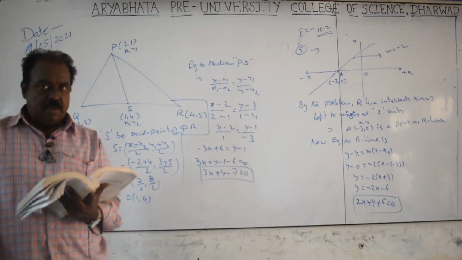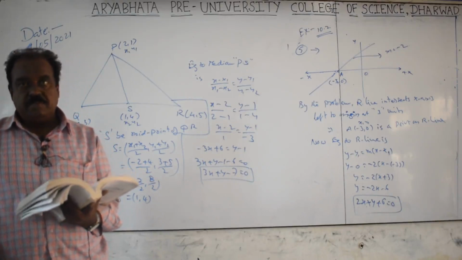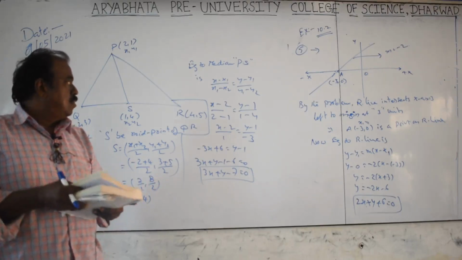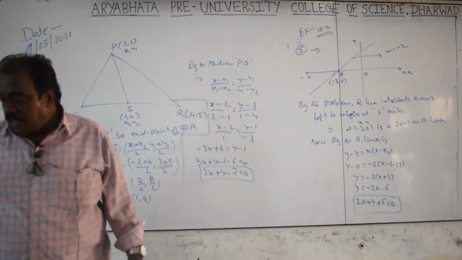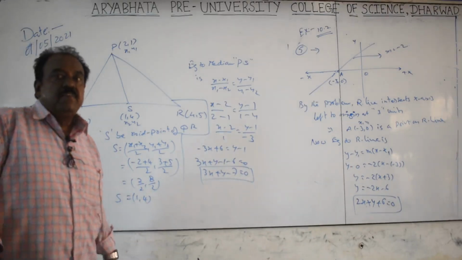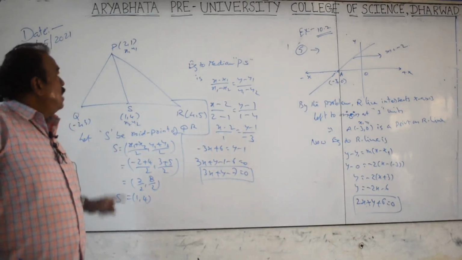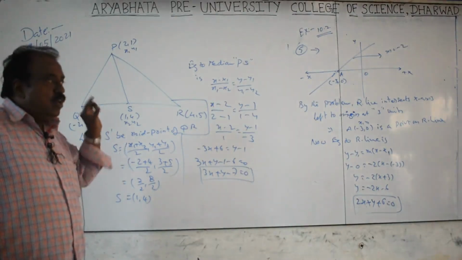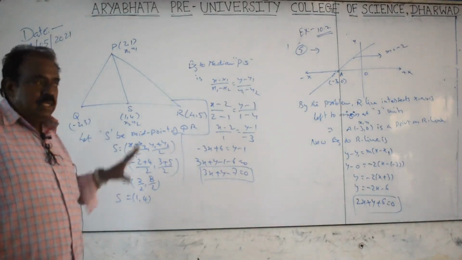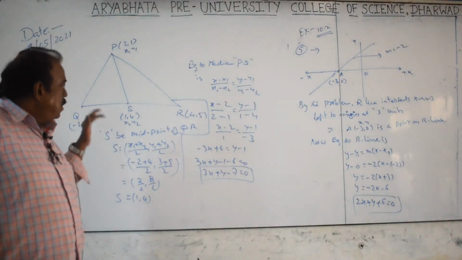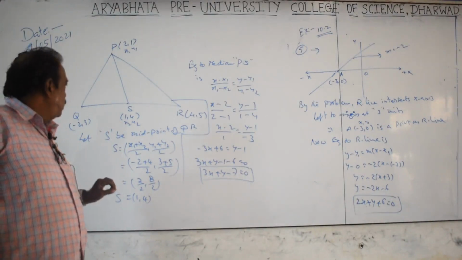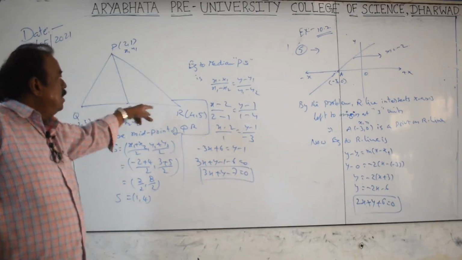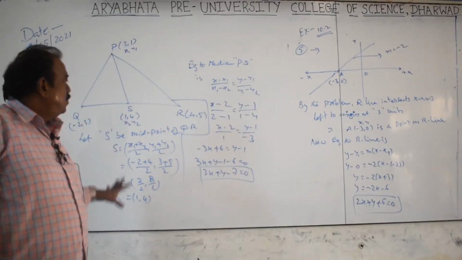We'll go to the 10th problem. Slowly solve. The first 1 to 8 problems are finding the equation of a straight line only. But the 9th problem is a different one. We have to find the equation of the median. You draw the diagram PQR, the given vertices are there. You find the midpoint of QR, say it is S. After finding S, you find again by using the 2-point form. Yes, that is the equation.